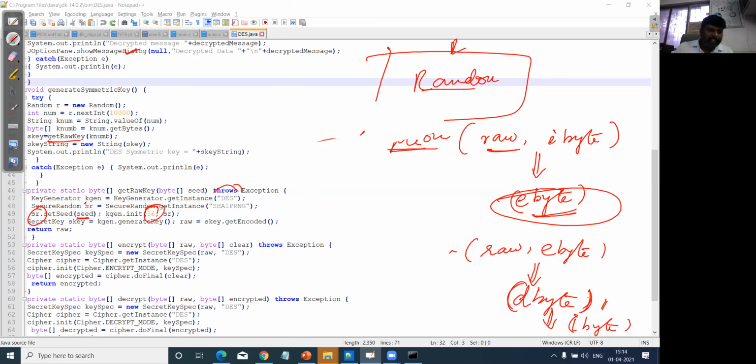I'm going to initialize the key value with keyGen.init, which is initialization, with 56. Followed by this, if I call the function keyGen.generateKey, and then raw is equal to sKey.getEncoded,